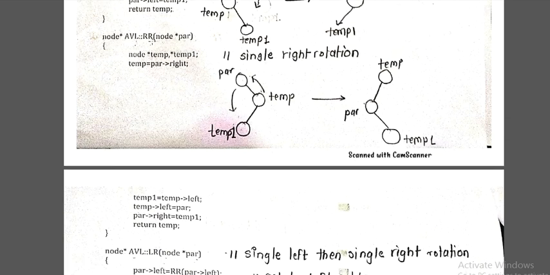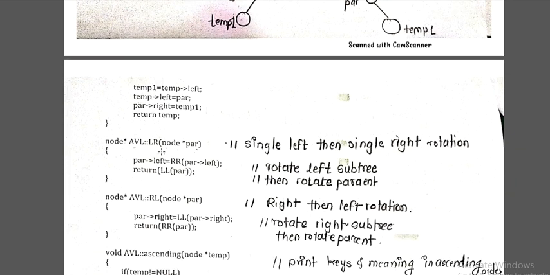Then next comes the right rotation, where we have to perform the single right operation. So here it is the parent, the parent of right is your temp, and temp of left is your temp 1. If you want to perform the right rotation on this, then your temp will go here and the parent goes as a right child, but temp is already having its left child as temp 1, so make that a right child of this parent. So this is done over here in this RR rotation.